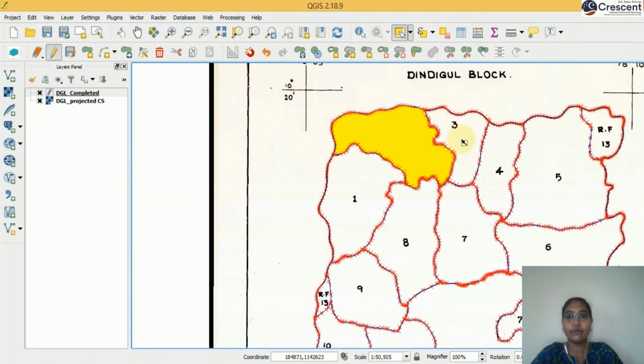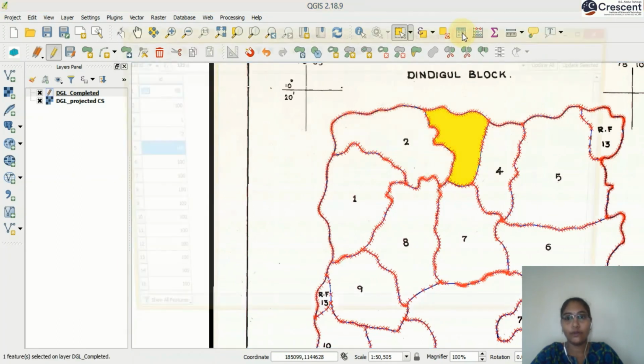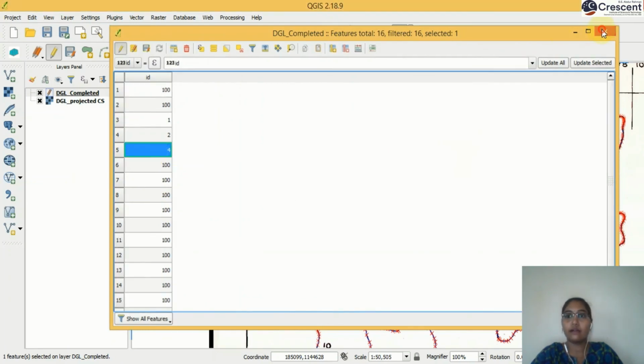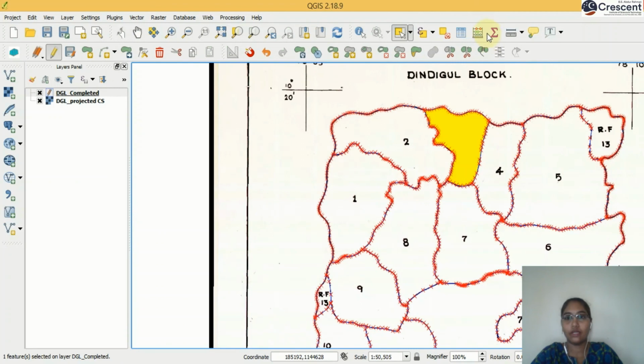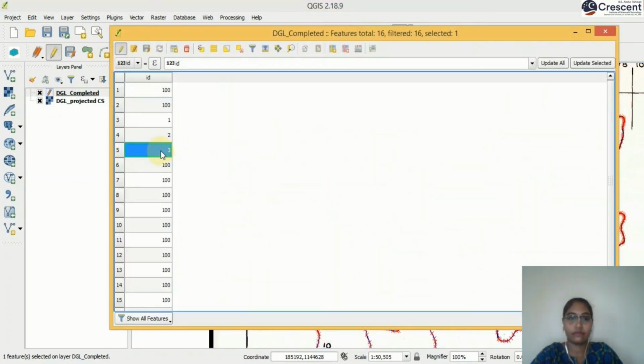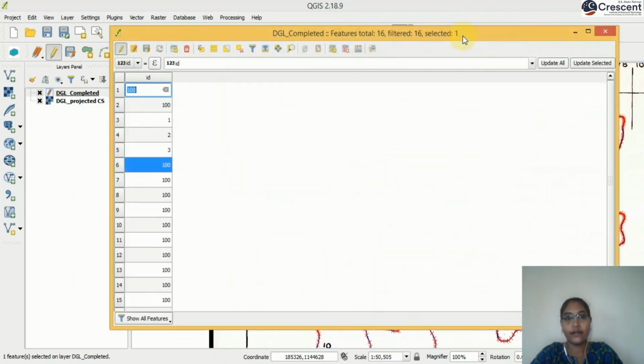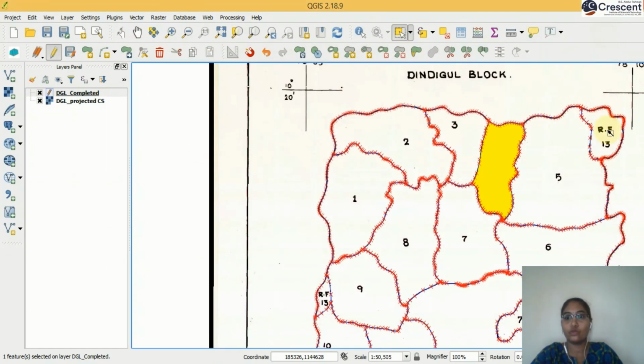Now I am going to give the polygon number 3, click this, open attribute table, sorry, 3, enter, close. Now 4, open attribute table, 4, enter, close.